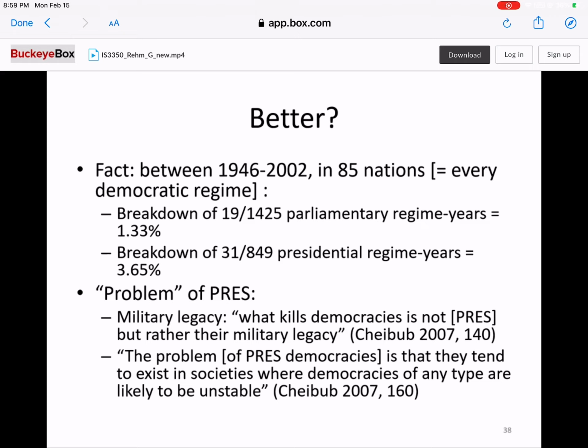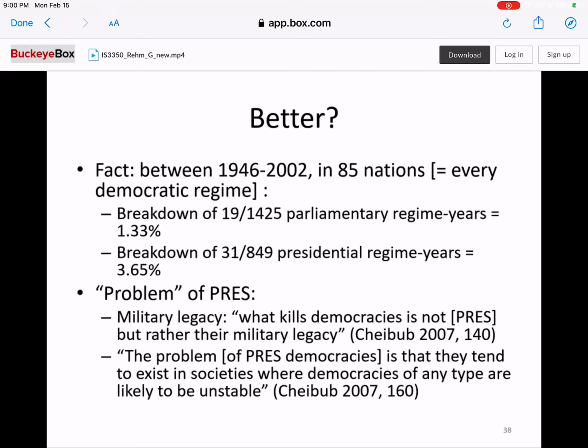So if we come back to this question of whether they are better, even if we boil it down to a very specific meaning of better in the sense of saying which of them is more stable. So is the stability in parliamentary systems higher or in presidential systems? As I've said, the data are pretty clear on this, 1.3% versus 3.6%, suggesting that parliamentary systems are much more stable than presidential systems. But the interpretation of these